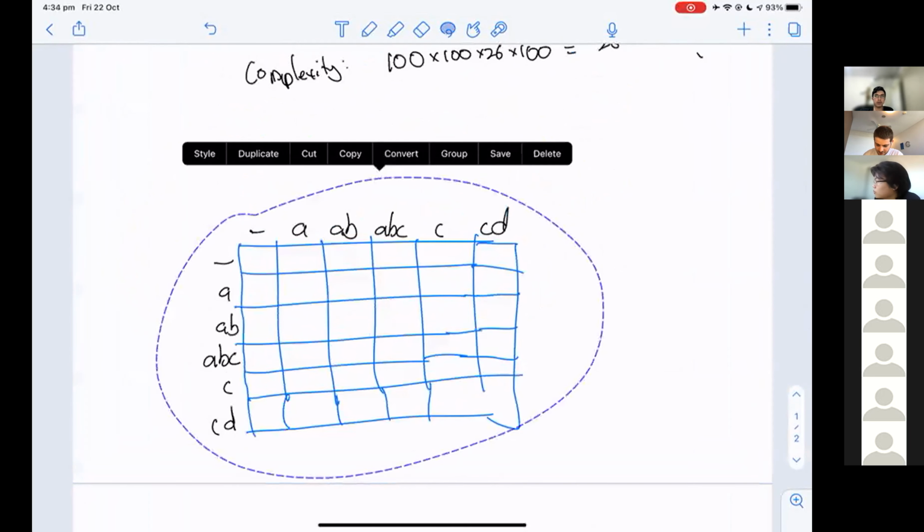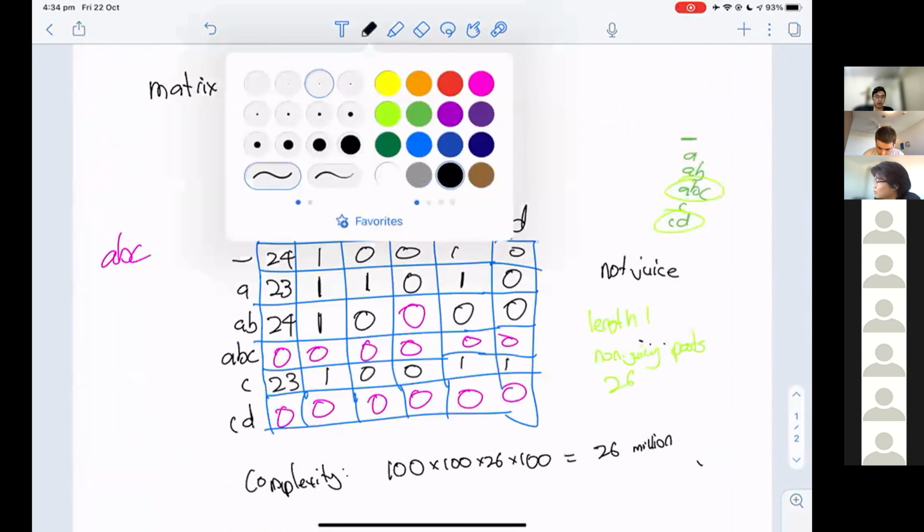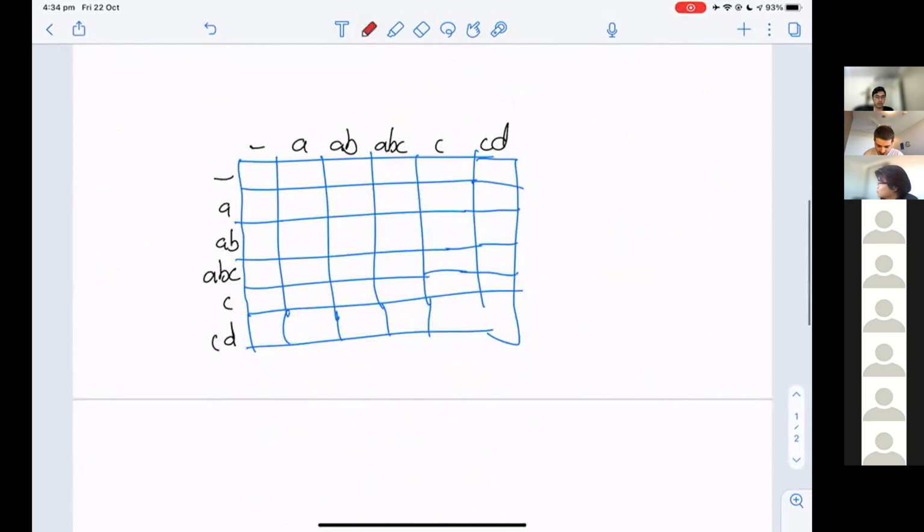So this first matrix was what if we add 1 character. In our second matrix, it's going to be what if we add 2 characters.